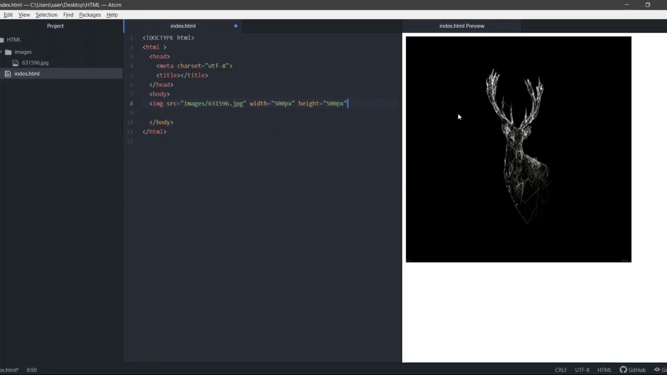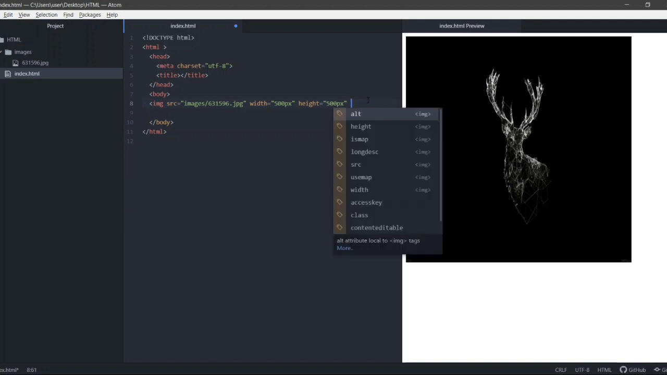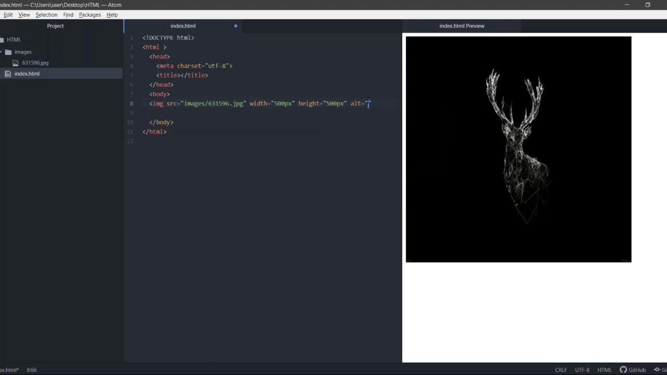So now you can see your image is 500 pixels in width and 500 pixels in height. Okay, and now it is not covering the entire screen. Now the next part that I want to talk about is the alt attribute. So what is an alt attribute and what does it do? Okay, so I'll just write here "dear"